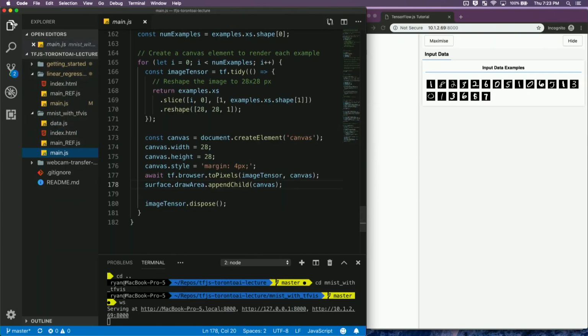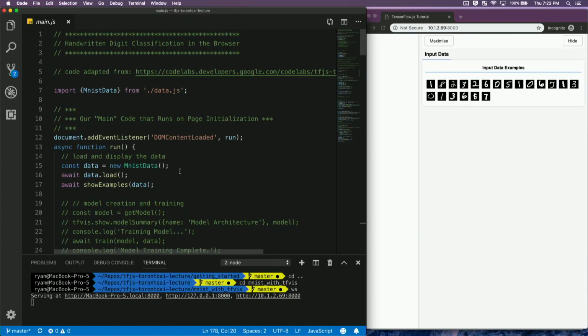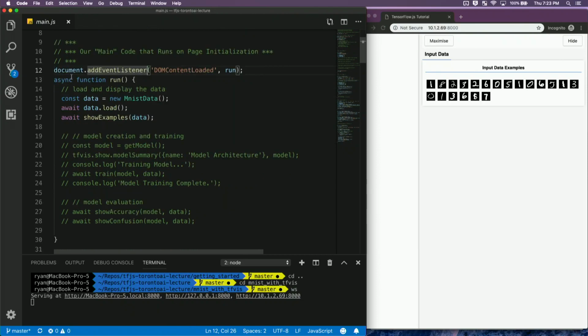So let's go into the JavaScript. Right at the very top of the script here, you're going to see I've defined what's called an asynchronous function, and this runs basically as soon as the web page is loaded. When you define an asynchronous function, if you get to a part of the code that is asynchronous and you want things to execute line by line, then you just call await.